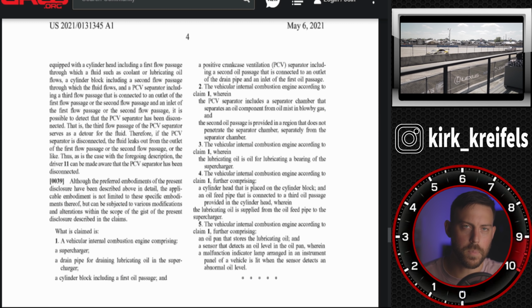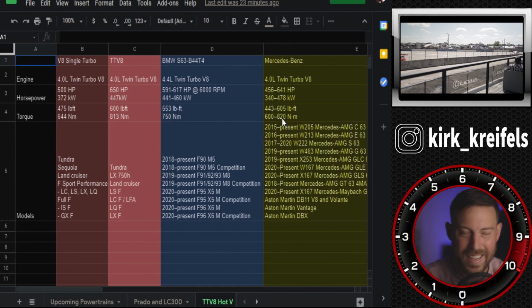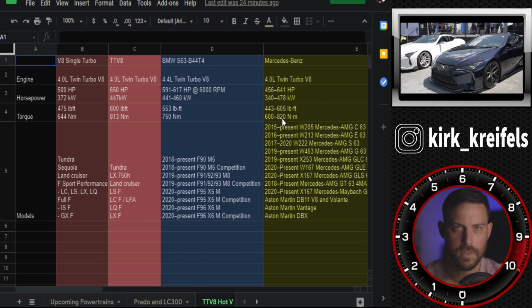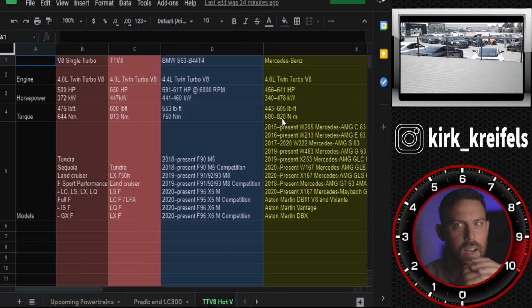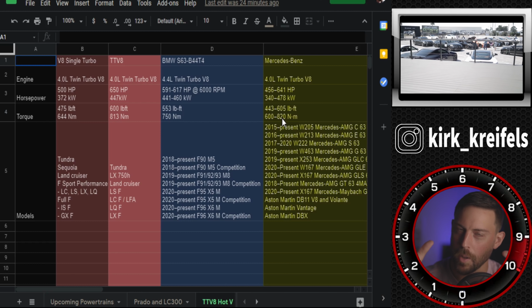So, going over the spreadsheet, make sure to grab your snacks and drinks if you haven't. It's going to get pretty spicy in here. I didn't come up with any inline 6 options. V6, we already have the V35A-FTS, which is twin turbo. It's not a hot V situation like this 4-liter. So it's quite possible that this 4-liter, even though it's a larger engine than the 3.5-liter twin turbo V6, because of where the turbochargers are on it, can be more compact and put into a lot of different things. So that is quite interesting and exciting, that this could be a plug-and-play engine for a lot of different vehicles,